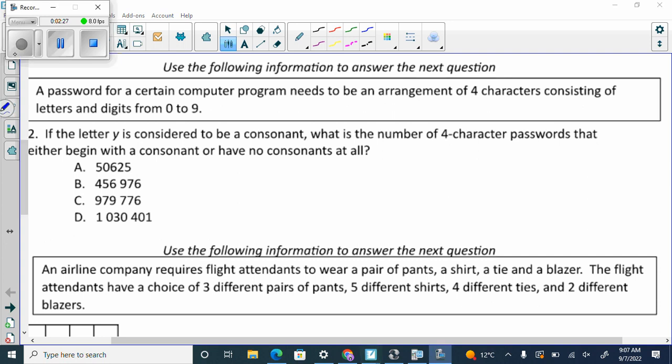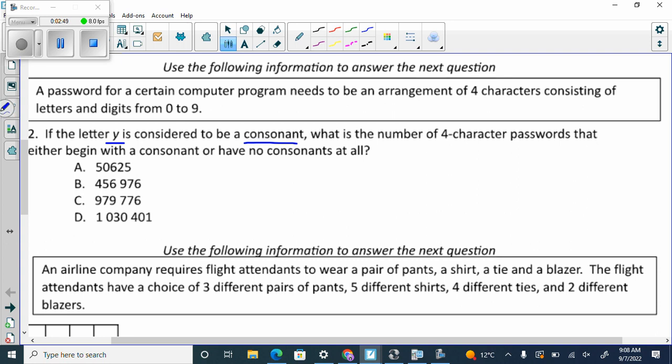All right, back to this. So there are 26 letters, we agree. And there are 0 to 9. How many numbers? So optional, we have how many numbers and letters? In total 36. Then we got to keep reading, right? So if the letter Y is considered to be a consonant,